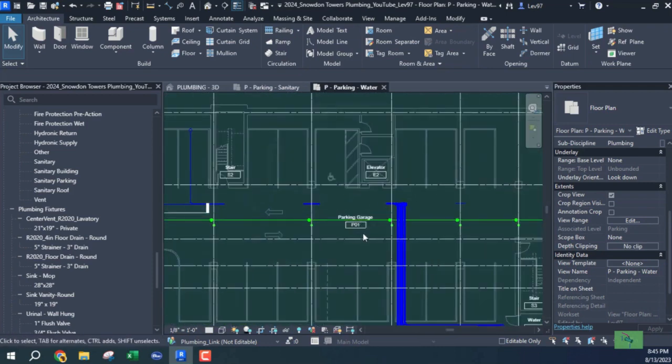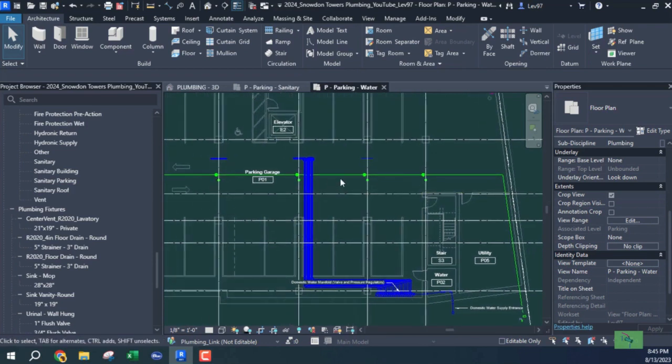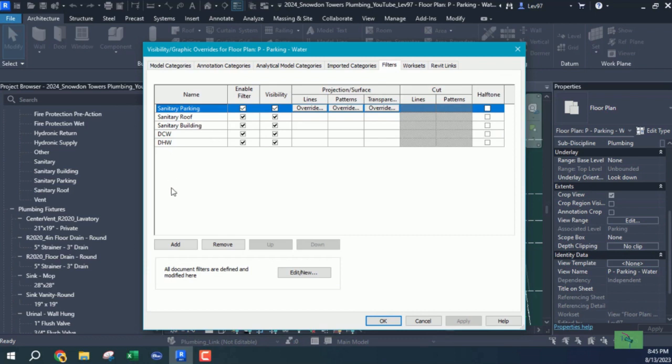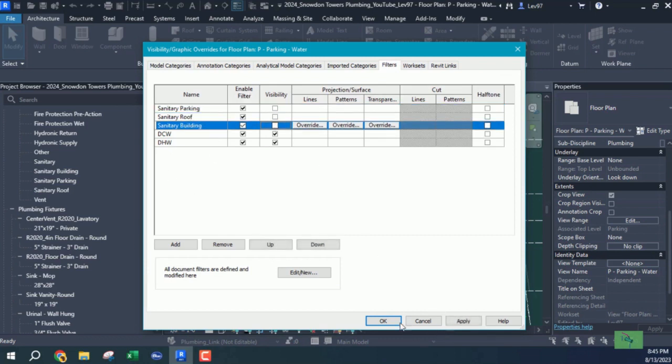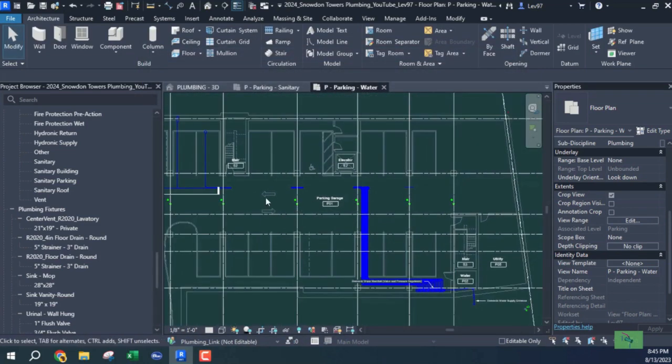Okay, so what we have is the sanitary and the water. So what I don't want to show on my water view is the sanitary. So I can go back to my filters and filter out the sanitary. So I'm going to turn those off, and the only thing that's going to show when I get ready to